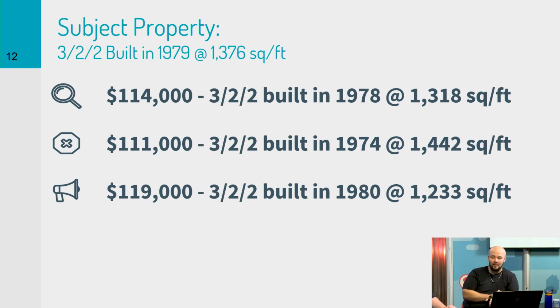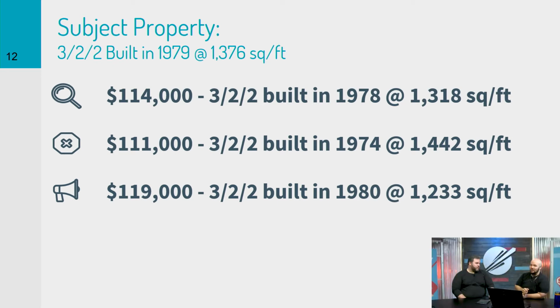The difference between after repaired value and fair market value is what's the home going to sell for right now, present condition, everything taken into consideration. What's this property sell for right now? The alternative is the after repaired value, and that's the value of the home when you place repairs into the property, such as updating the kitchens, bathrooms, flooring, paint, and all those other good things. So this process works for both.